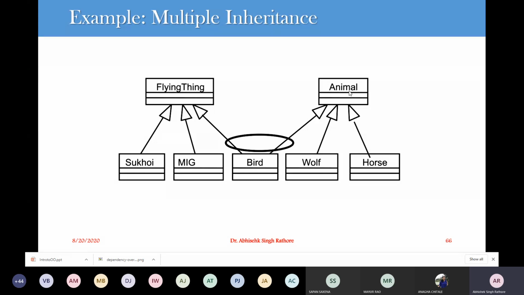While bird also inherits the animal class, the wolf class also inherits the animal, or horse is an animal. So this provides a different multiple inheritance. When we are going for multiple inheritance, we have to take some cautions that we don't get similar types of attributes from all the different super classes for a subclass. So we have to take cautions for this multiple inheritance.